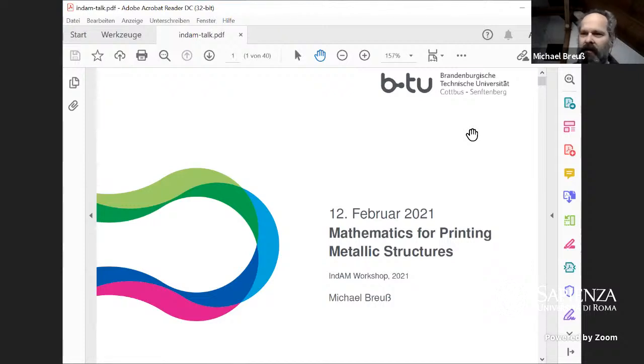Because we share here more or less two communities, one from 3D vision, one from 3D printing. My background is more from image processing and 3D vision, but I am involved in a project with 3D printing. It's not so long ago, but it is a real collaboration within a European funded project, done together with colleagues from mechanical engineering and with other professors in mathematics at the Brandenburg Technical University in Cottbus.